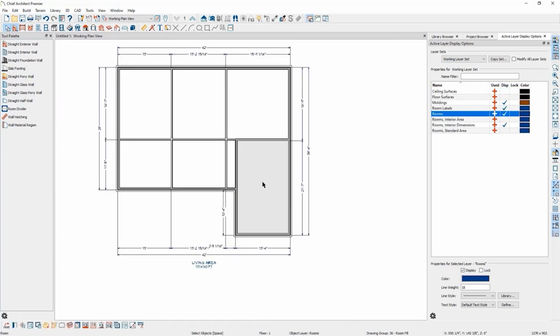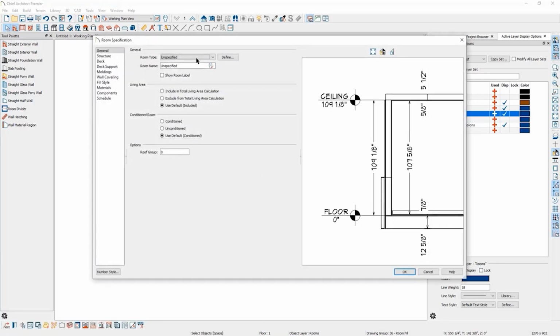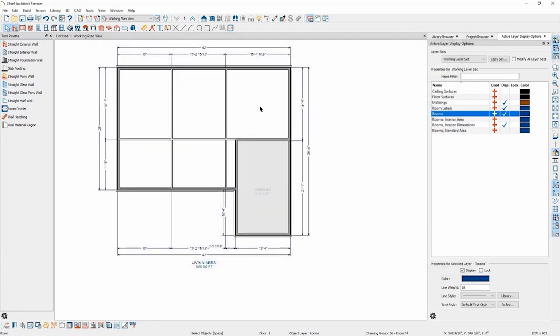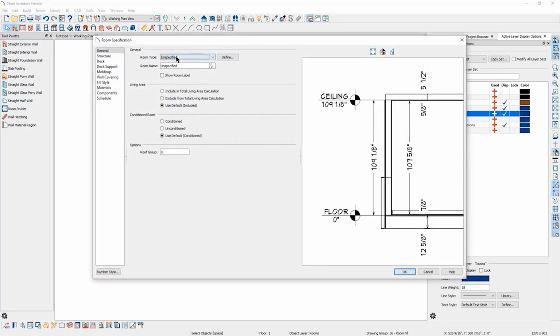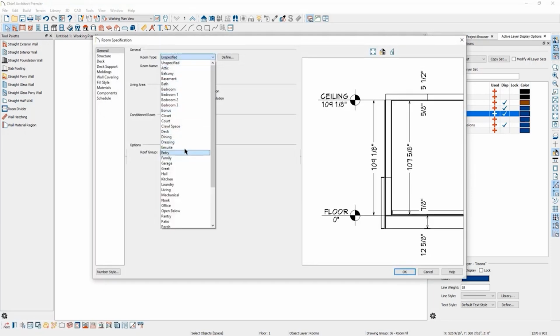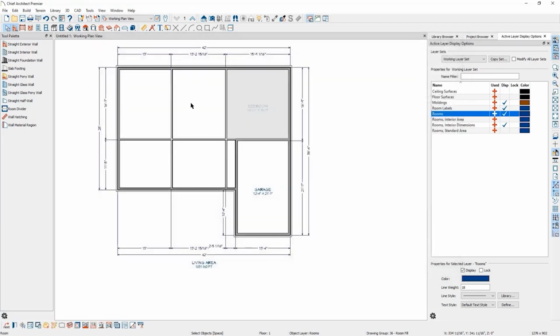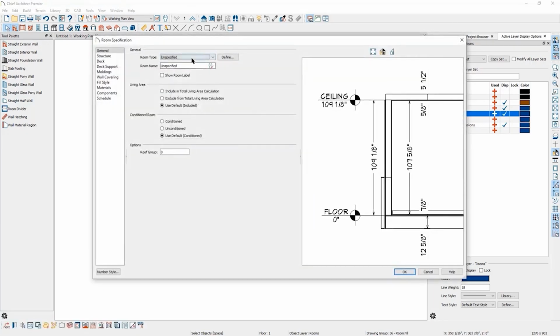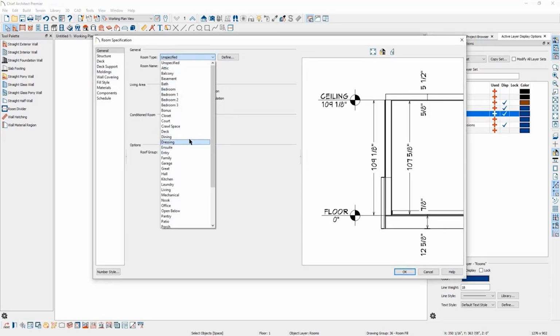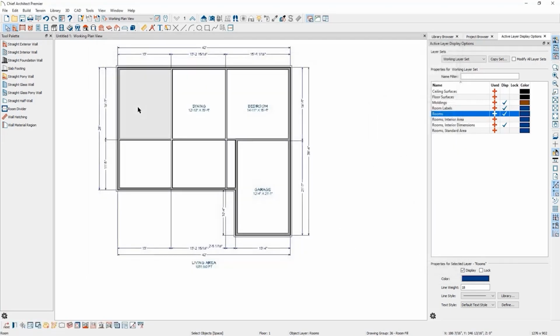I'll double click in this room here and open up the room specification, and we'll call this a garage. And then let's go ahead and rename these other rooms as well. So this room is going to be our bedroom. This will be our dining room, kitchen,